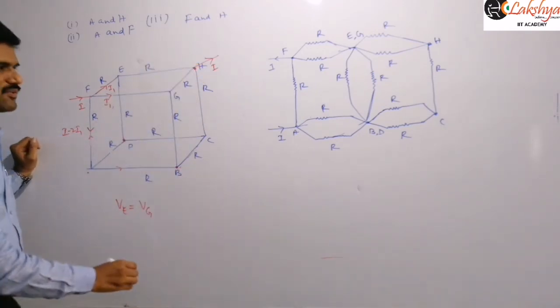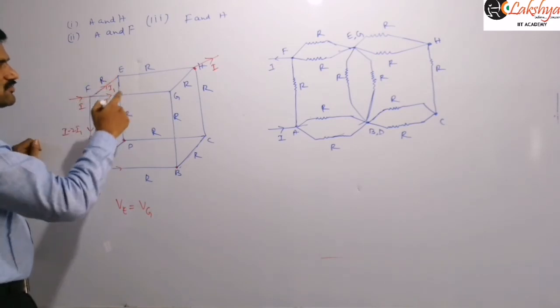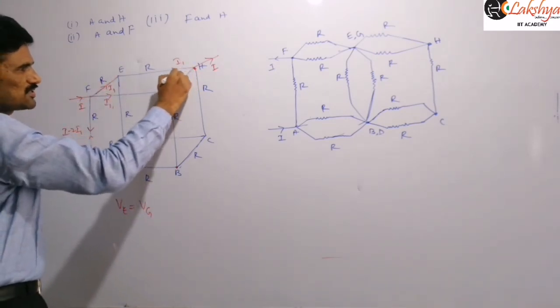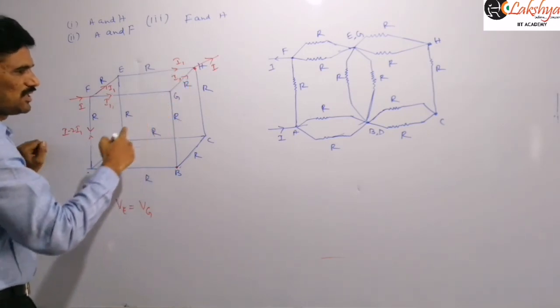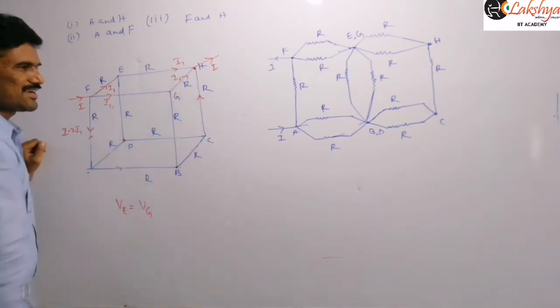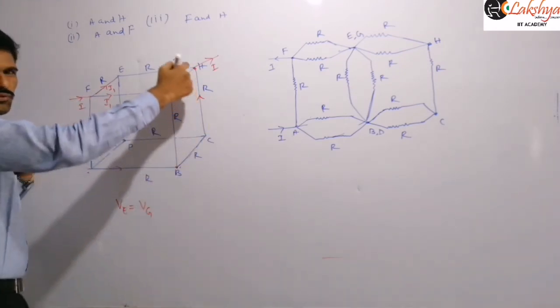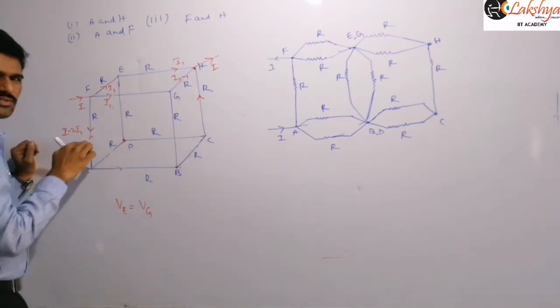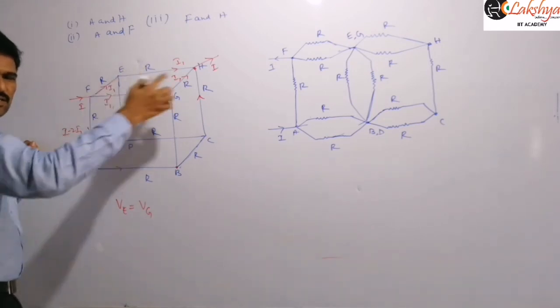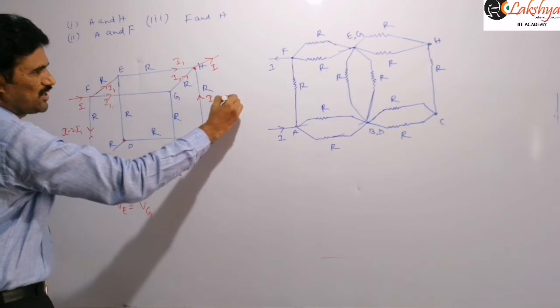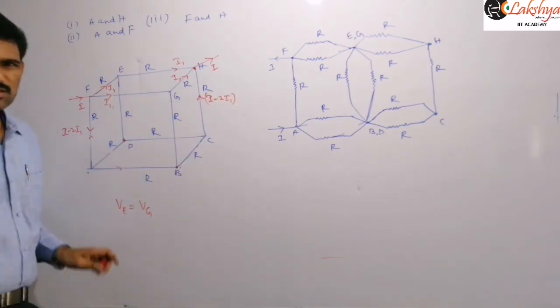At the leaving junction, if I consider I1 flowing like this, then directly you can say that this I1 will become like this, and I1 is coming along this direction, right? Now through this path, whatever current is coming along this, the same current should flow here. This path is identical to this one at the leaving and ending junctions, right? And so this current must be equal to I minus 2 I1, right?